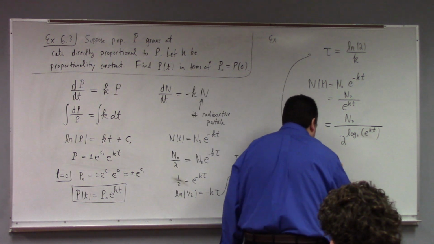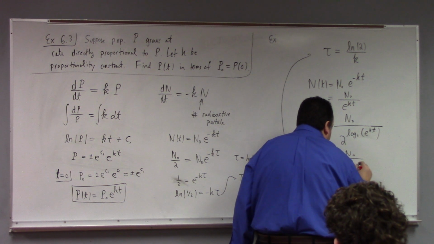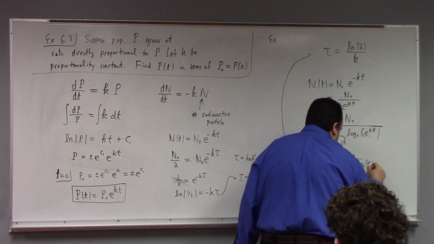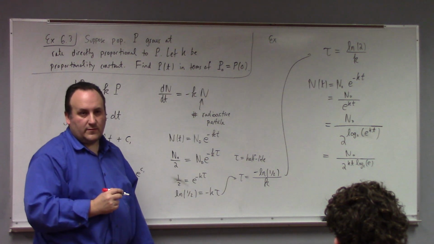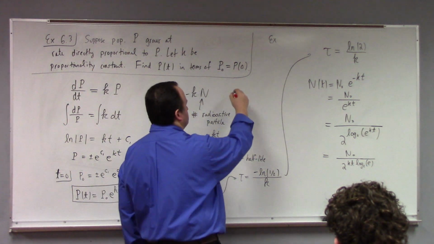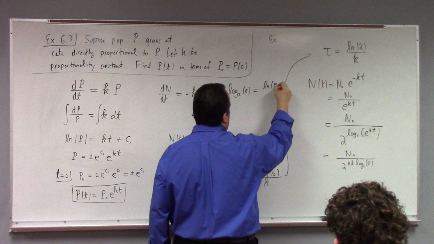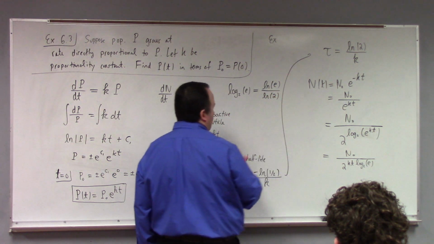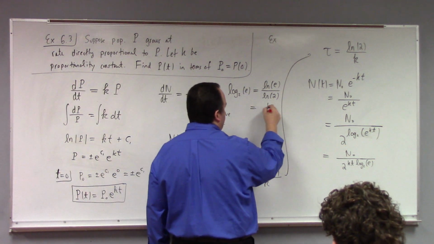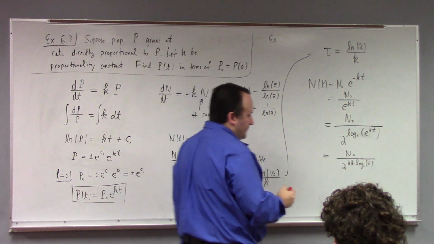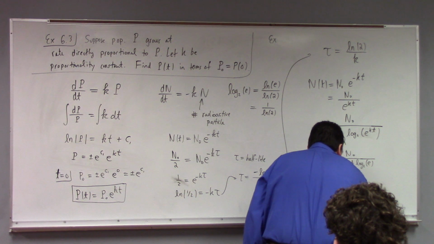See, that is equal to n0 2 to the kt times log 2 of what? Of e, right? What is log 2 of e? Do you guys know? That is the natural log of e divided by the natural log of 2 by the change of base formulas for logs. The natural log of e is 1, so this is really just 1 over log 2. Which means this is n sub 0 over 2 to the kt divided by log 2,